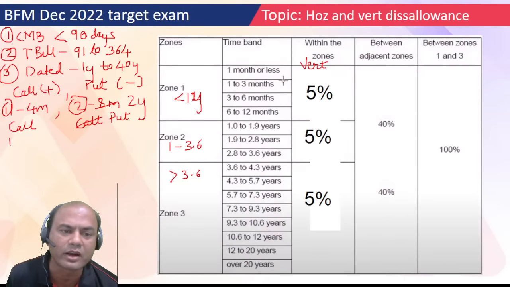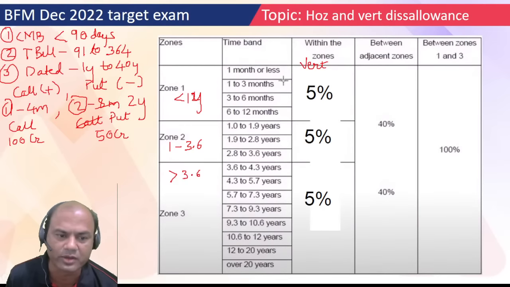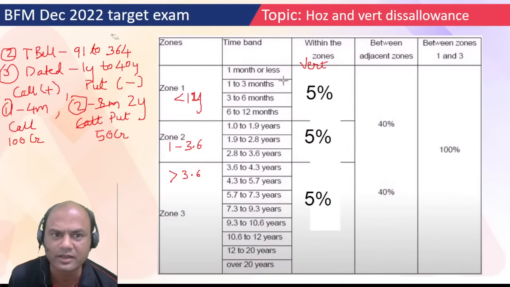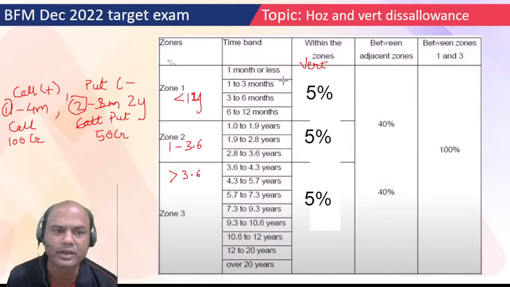Let's say the bond is for 100 crores, and this other bond is, let's say, 50 crores. Now what should be considered? Let me rub this off, because otherwise this screen becomes too bulky. I'll rub this now, because you have understood this by now. Okay, let me go over here. Now let me go to the problem.